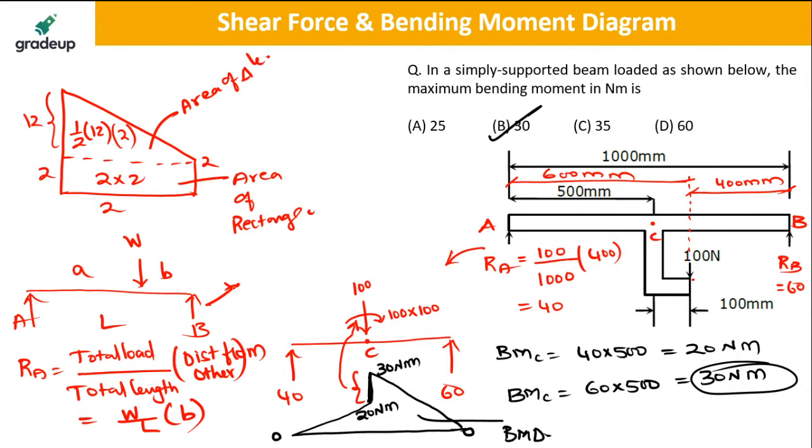So your RB is total load W, total length L, distance of W from the other end is A. So the answer is W A by L. Thank you very much, Shafia. Is it clear? So my dear friend,